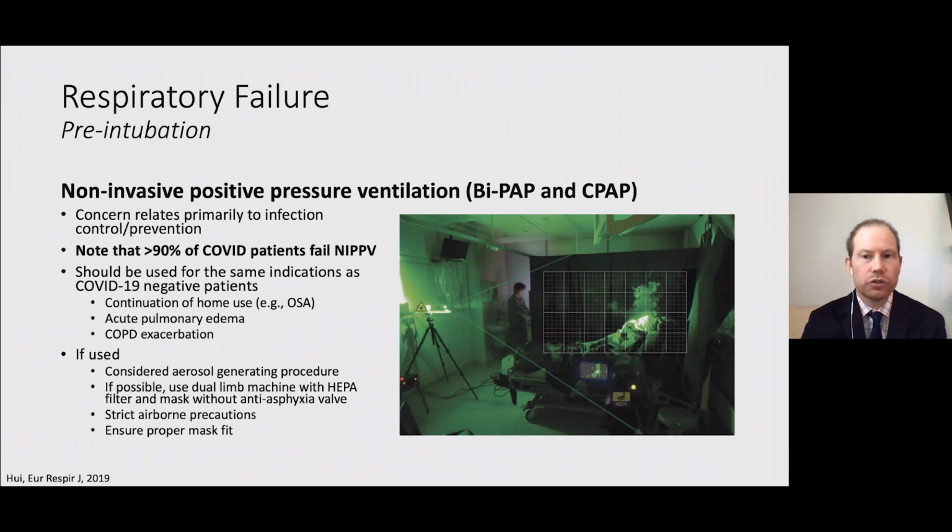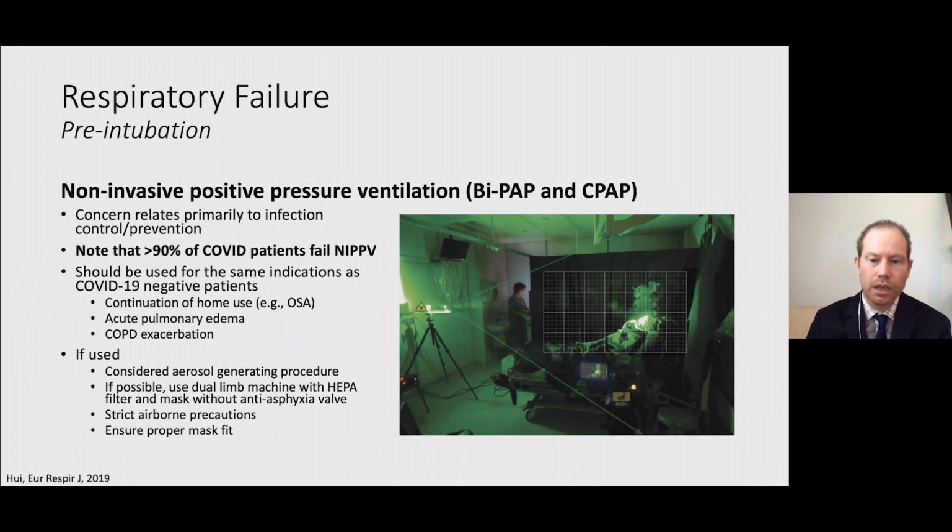If we do use it, then we should strongly consider the effect it may have on the spread of viral particles. We must consider it an aerosol generating procedure, and so patients need to be in strict airborne precautions, and we need to ensure a proper mask fit. And then there are some respiratory-specific concerns that respiratory therapists should be familiar with, including the use of a dual limb machine and a HEPA filter without the so-called anti-asphyxia valve, which is often present on patients' home CPAP